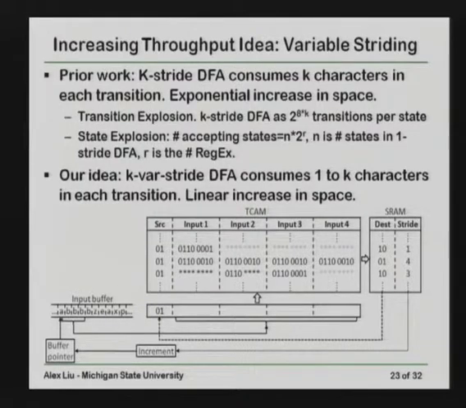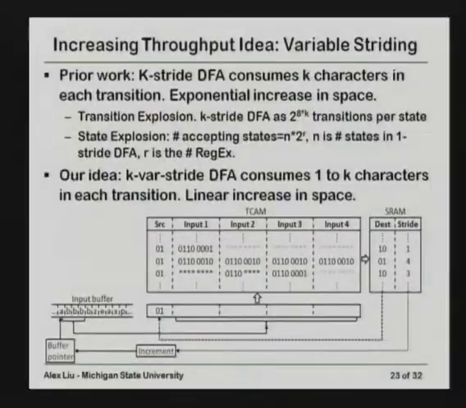this particular node. Consider a particular node. There are many paths that can reach this state, and during those paths, there could be all possible combinations of regular expressions matched. So all possible combinations is 2 to the power of r.